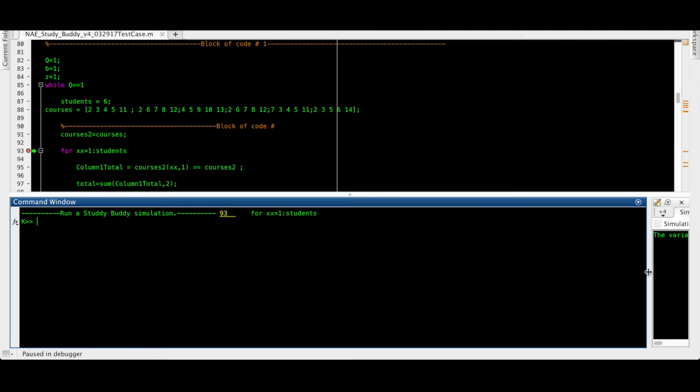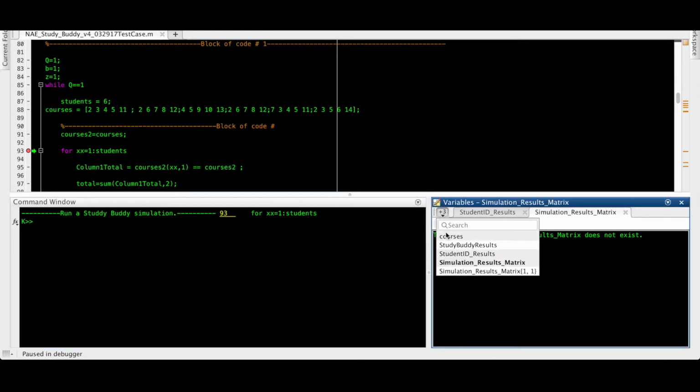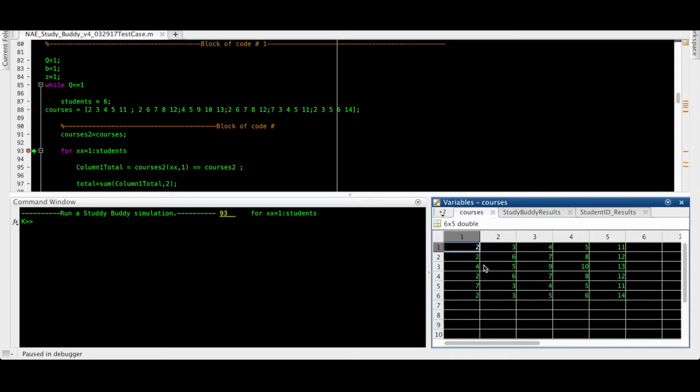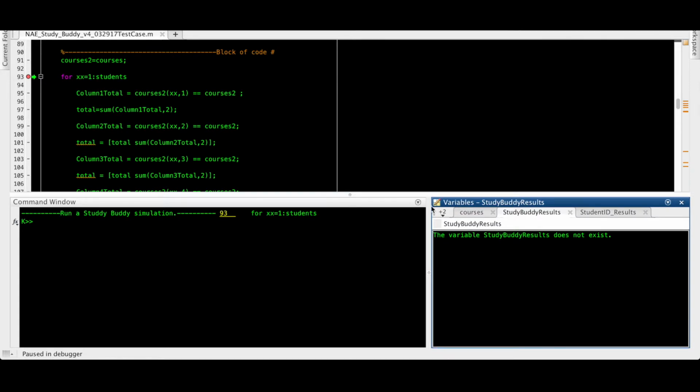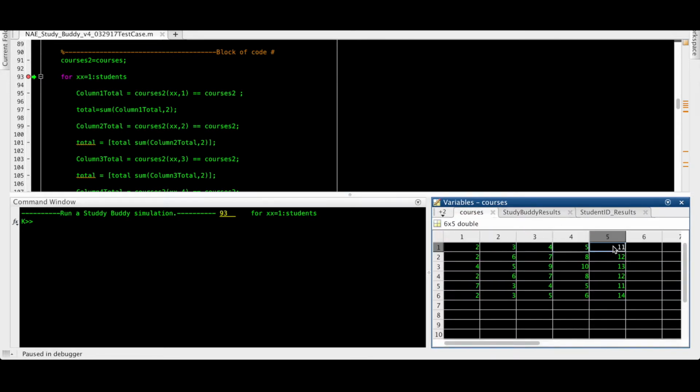So the first thing that happens is these schedules are created, in this case loaded. And the first thing I will point out is that student 2 and student 4 have the same schedule. So we're going to expect those to be a 5-star match. Okay, let's go through the first for loop that's going to take each cell one at a time and create masks in order to find where in the rest of the schedules this class occurs for the case of this student.